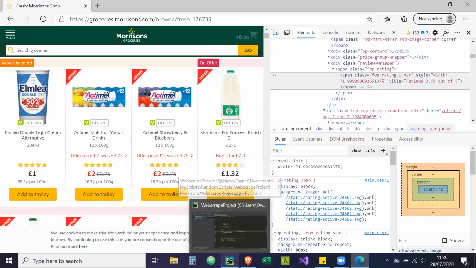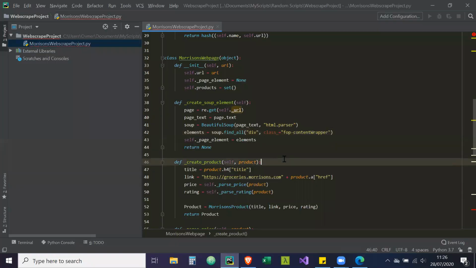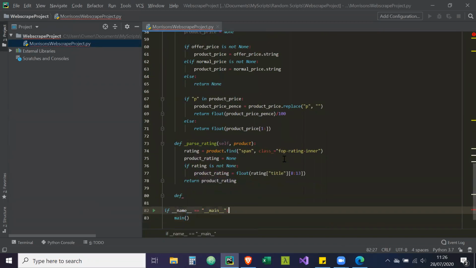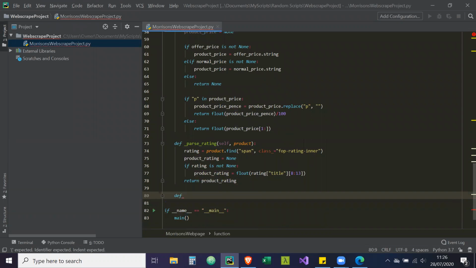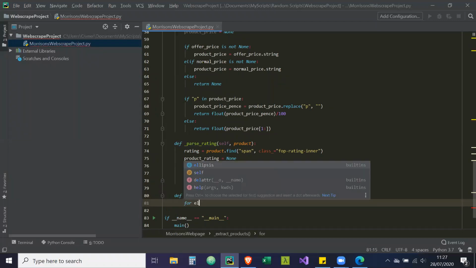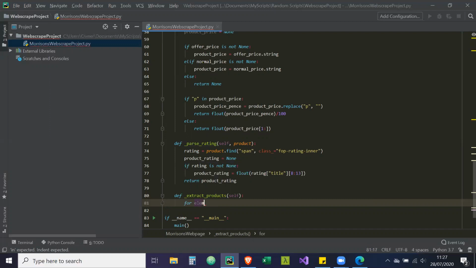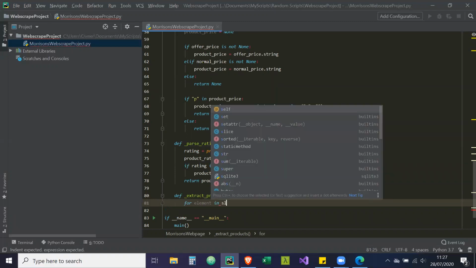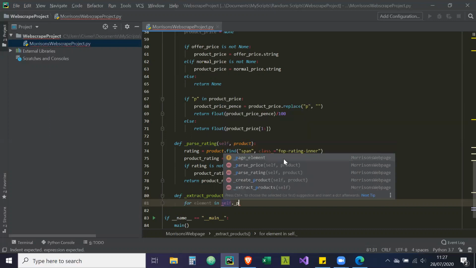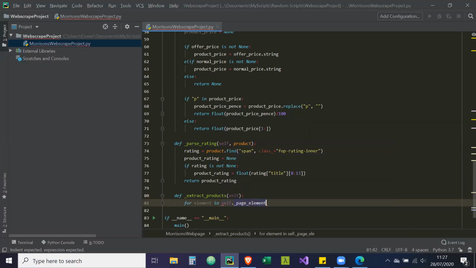And then all of the elements that we need to get are inside that. So now we need to get the products for each of those, because it's a list. We need to iterate through that list. So now extract_products, self. So I keep doing that. Not used to PyCharm, I usually use Atom a lot. So for element in self._page_element,